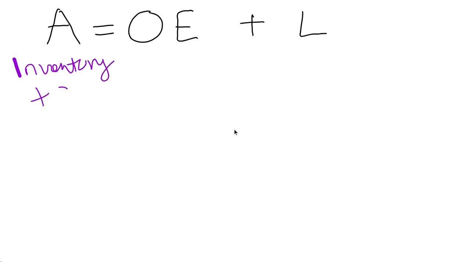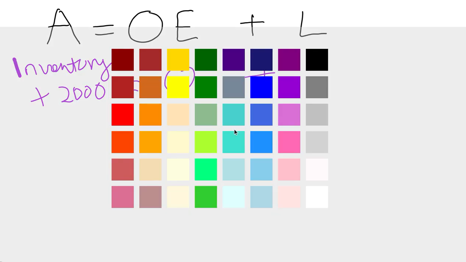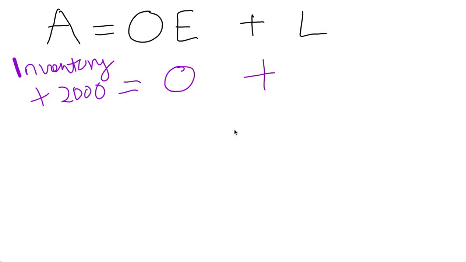Let's just say 2,000. Okay, so we have 2,000 more in your inventory, but you didn't get the money from your owner's equity, so that would be a zero. However, you are buying on credit, right? So you need to show where you are getting the money to buy these new burgers from. Okay, so you're saying, no, I'm getting it from a loan. So you're going to increase your accounts payable because you are getting it from a supplier